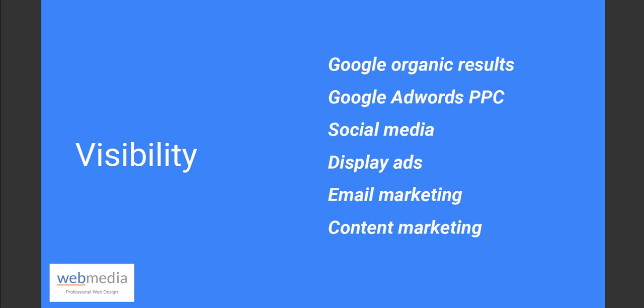So in terms of visibility, for example, on the right here you can see a number of classic methods that we use when we work with clients to get them better visibility for their business online. And the first one is Google organic results. So these are the results that Google decides are the most appropriate for a given search term, and most businesses really want to be on page 1 of Google